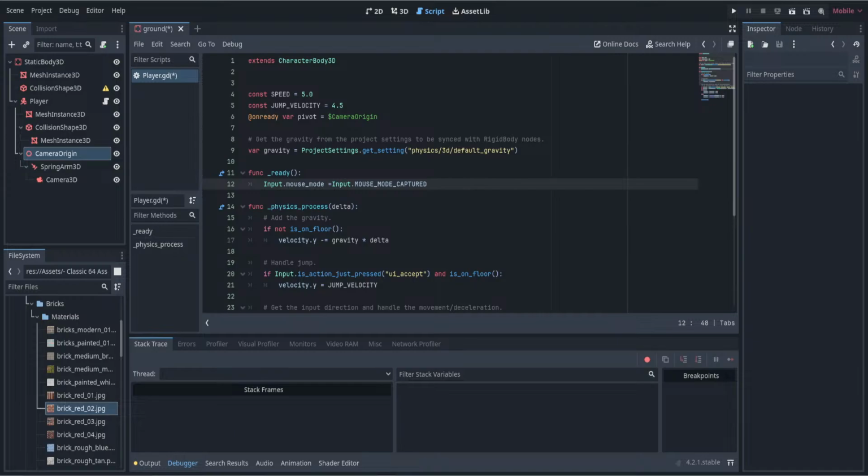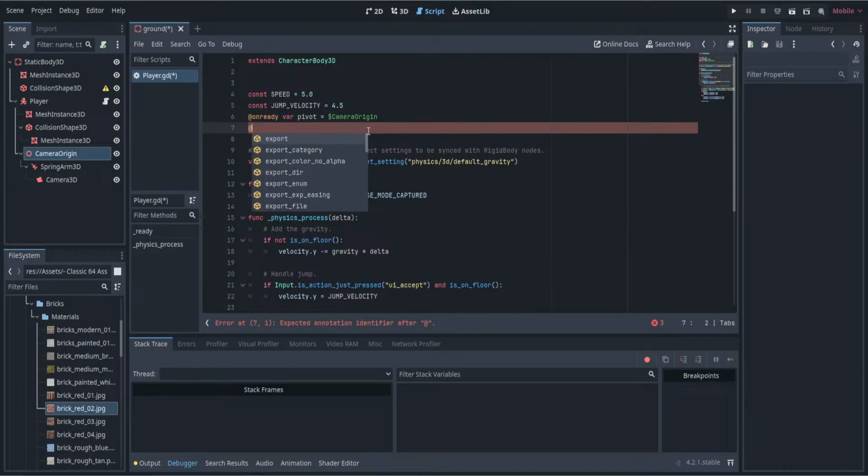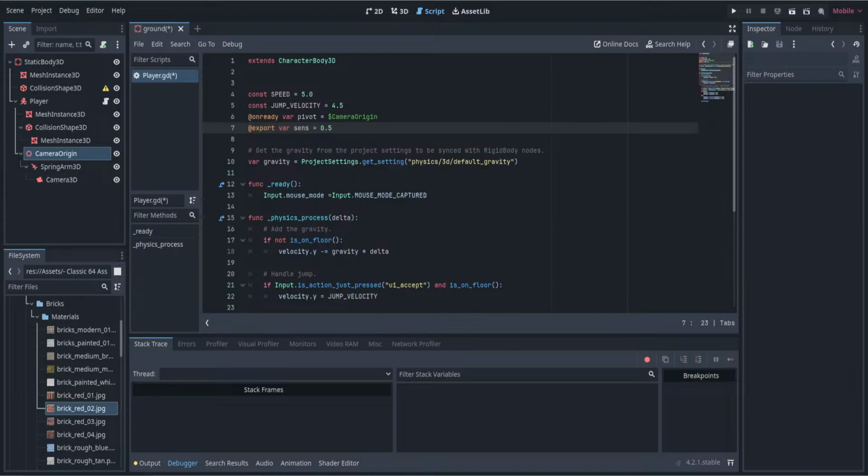Let's also quickly create a new export variable called sensitivity. I'll set this to 0.5 for now. Export var sense 0.5. And in our physics process, let's create